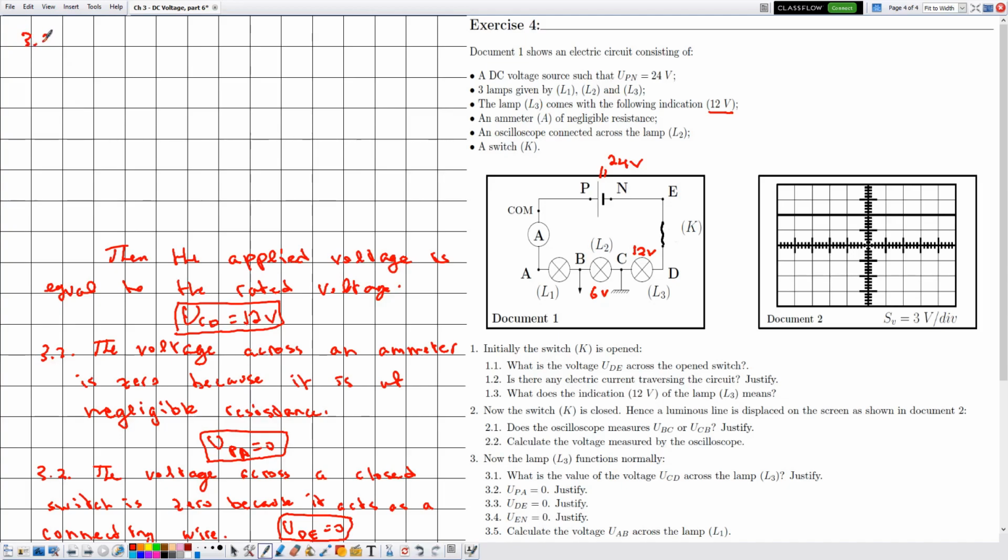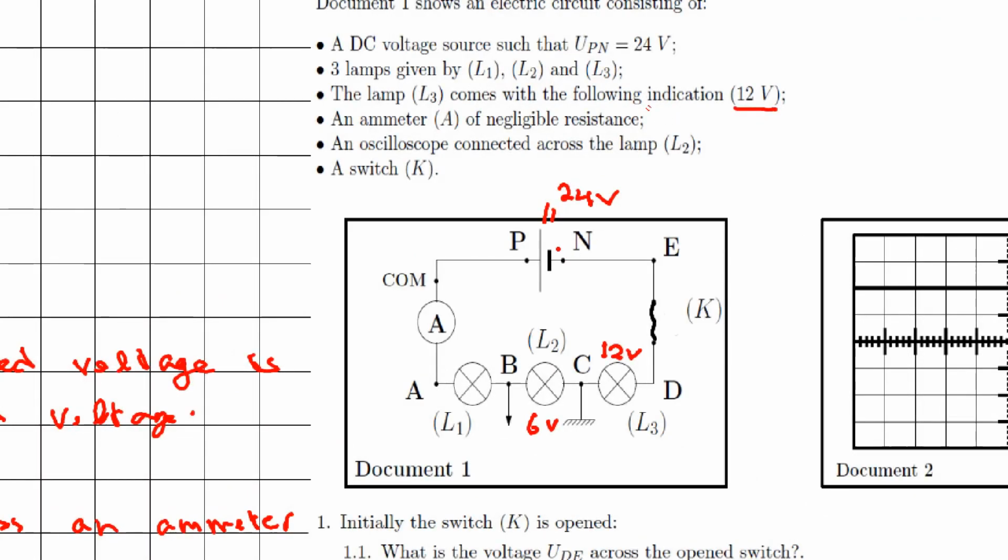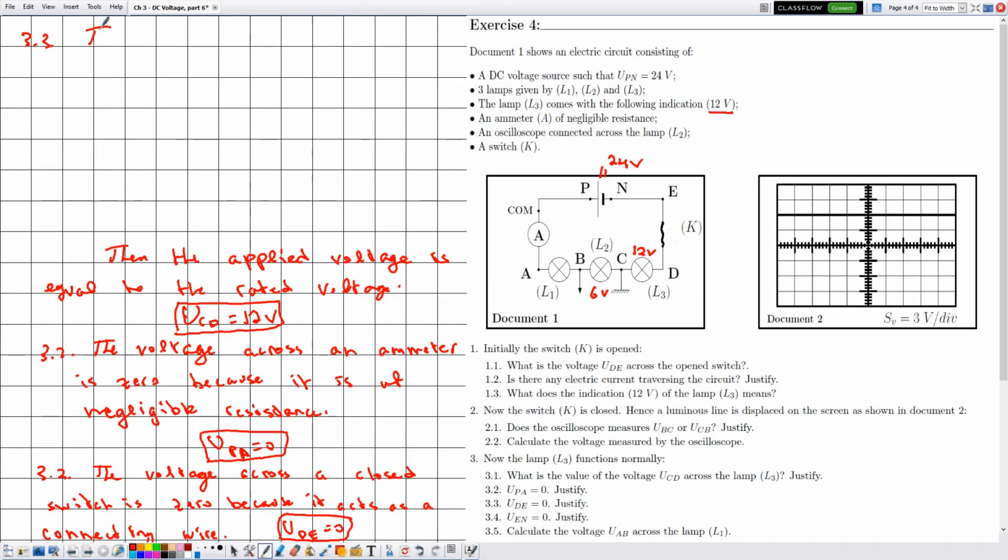Now in 3.3 they are telling me UEN is equal to 0, justify, and this is because across E and N we have a connecting wire. So the voltage